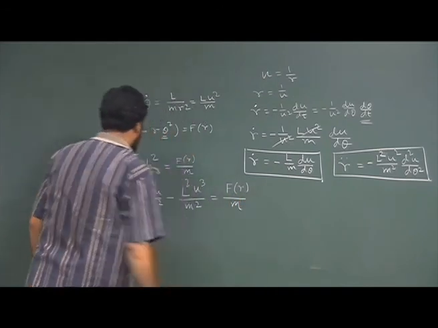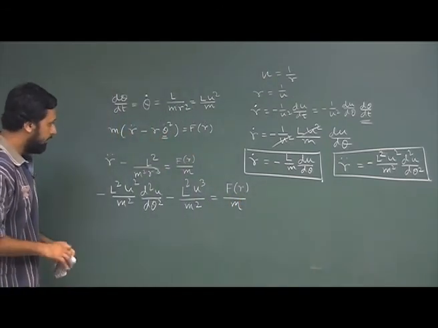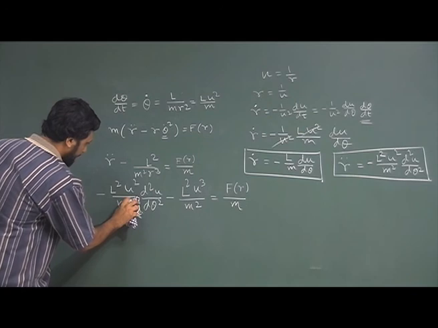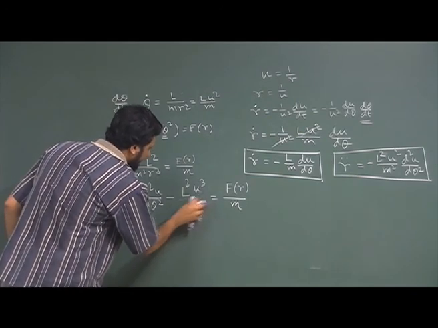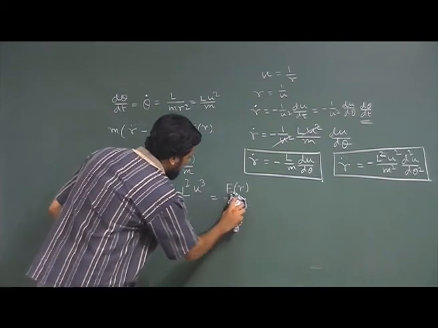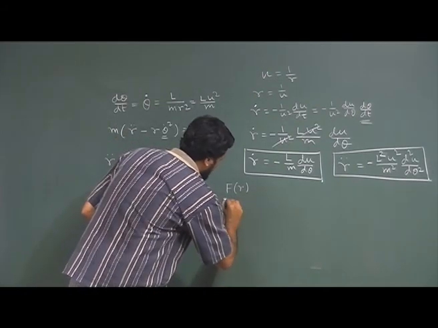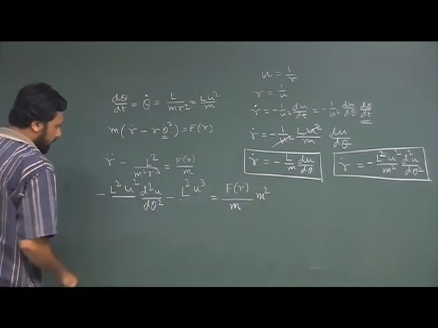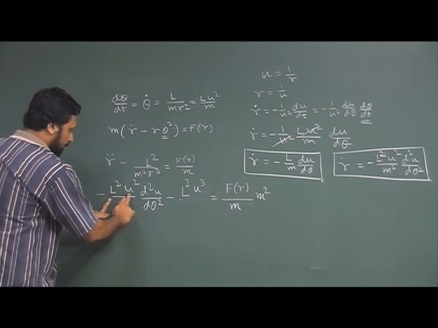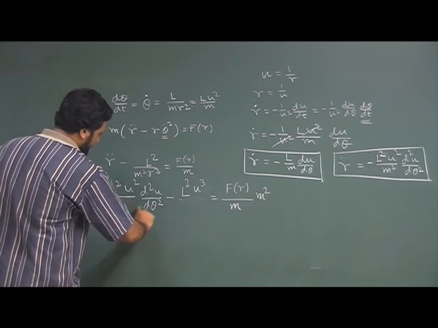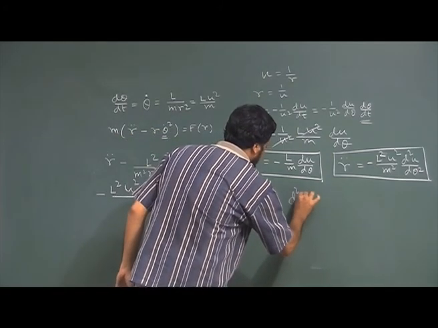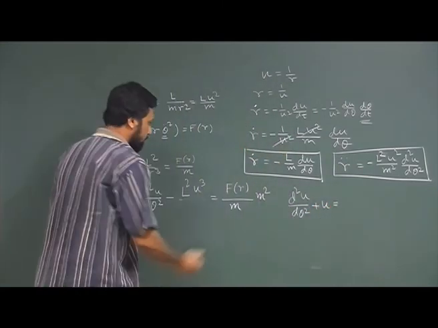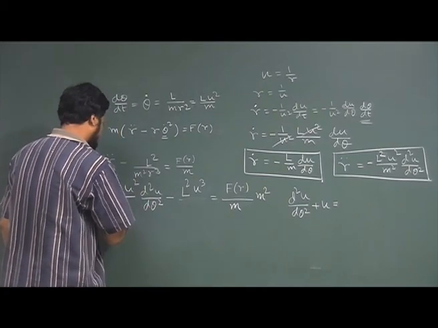equal to f r by m. So, immediately we see that we can get rid of m square from this side. So, multiply this by m square. If you take L square u square common with a negative sign and simplify this expression slightly, it will be d2u d theta 2 plus u equal to